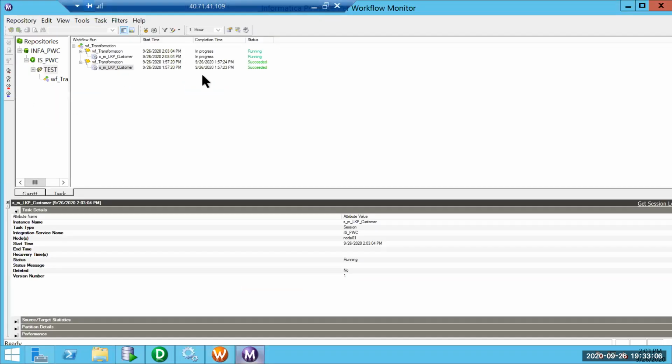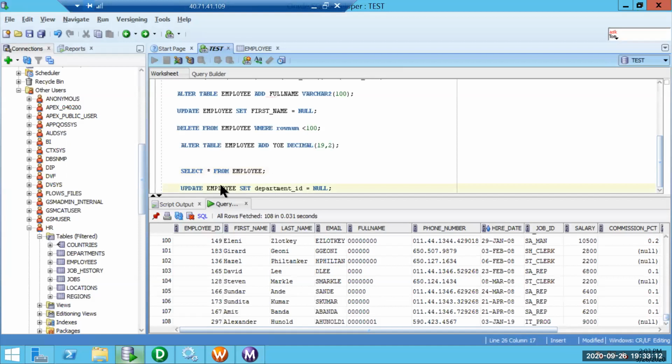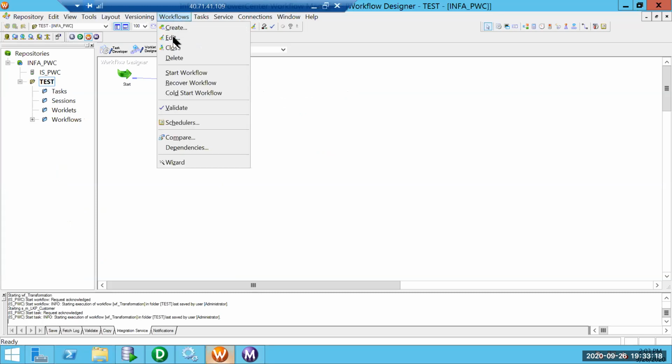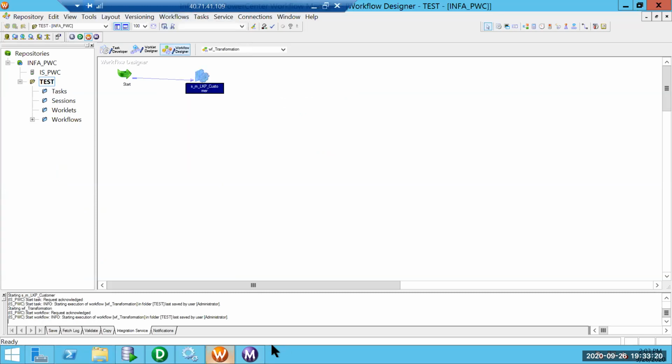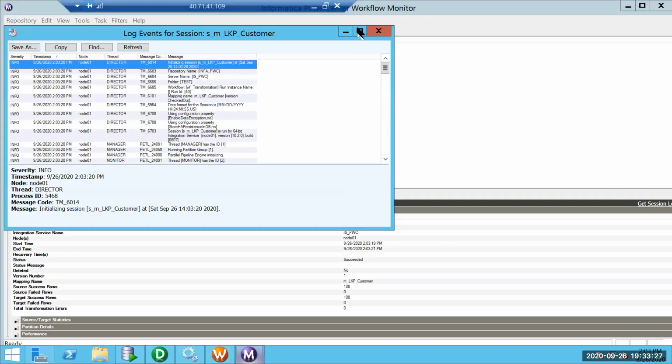I'm running the mapping. Okay, before that, let me update the department ID in the data set to null. Commit it, then execute it so that we can see the real difference. Yeah. So first we'll understand how the lookup cache is built.